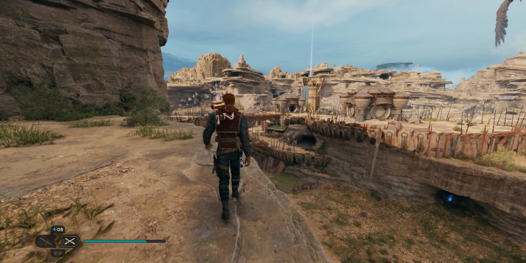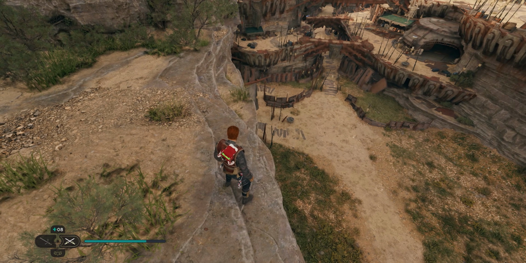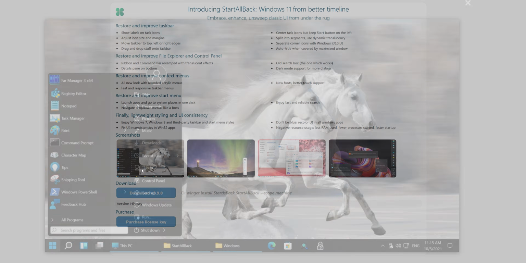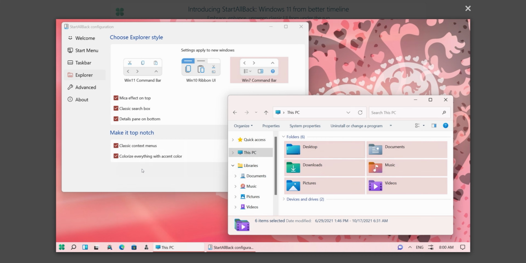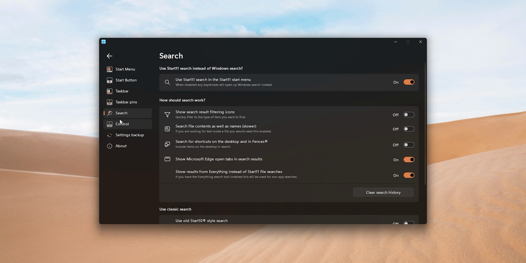Regarding the start menu and taskbar customization programs compatible with Windows 10 and 11, it's worth mentioning the previously noted Start All Back. However, it's paid and honestly, I don't like its customization settings at all. A more interesting alternative, though also paid, is Start 11. Here the interface is more pleasant, and there are many more customization options.